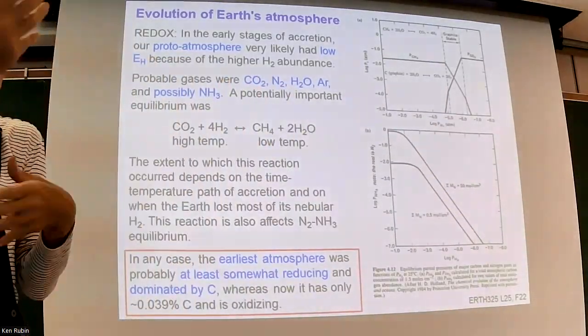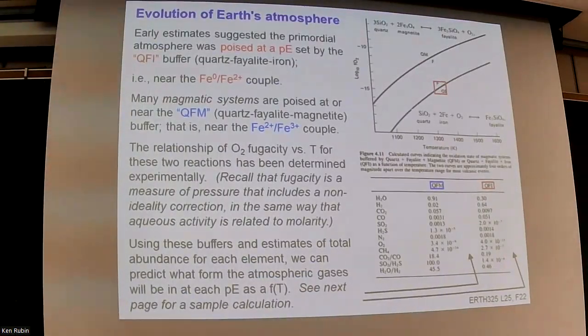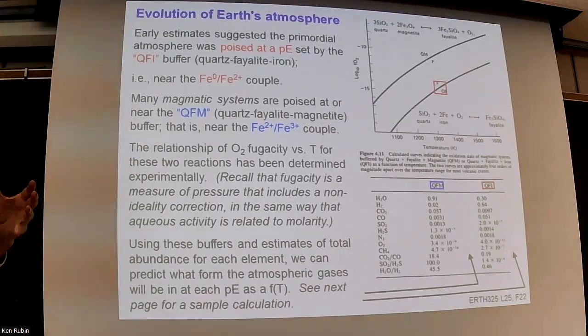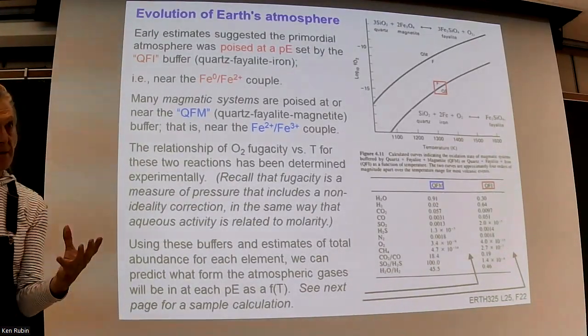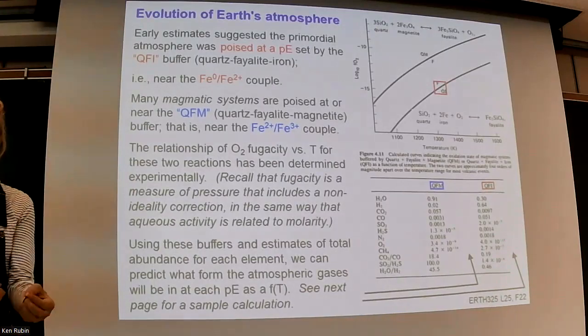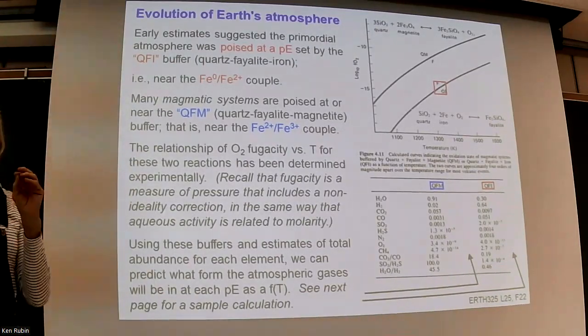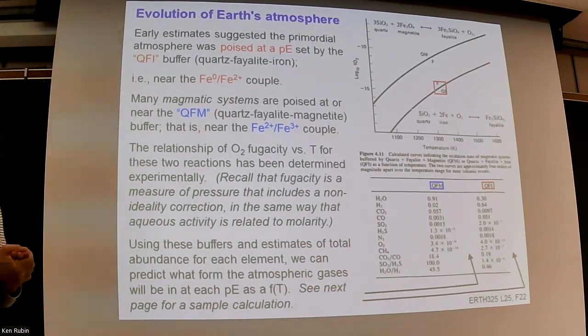If we're going to start to generate life on a planet, you kind of want to know this stuff. So another way we can get at this, like, well, how much hydrogen was present, is by looking at the redox condition, the oxidation state. And the oxidation state is defined by several what we call buffers, sets of minerals that when they are present together and they are melted, they allow a certain fugacity, which is a high pressure equivalent of pressure,